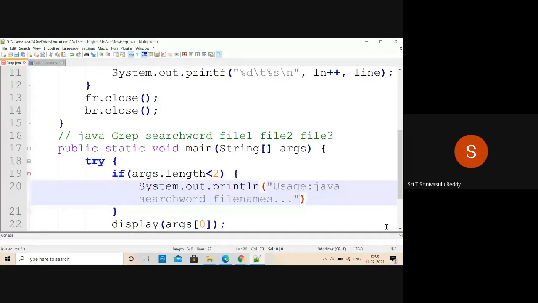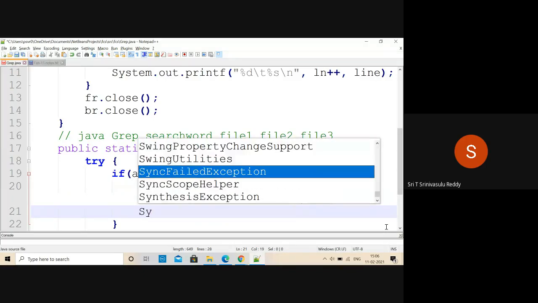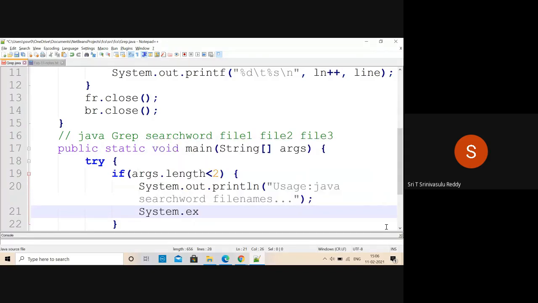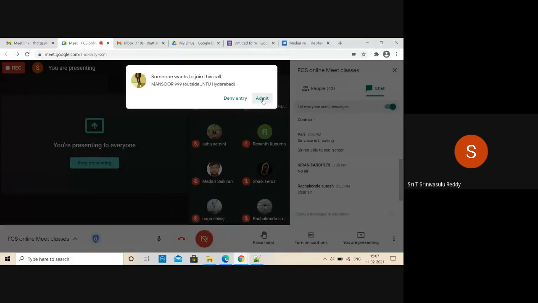After this, you want to terminate the program so that the user can enter it again. There are different ways you can terminate. One way is probably you can even say System.exit. You know whether any parameter is required for this or not. Let me verify here by going through one of these particular things.